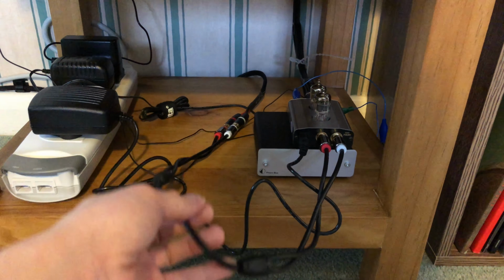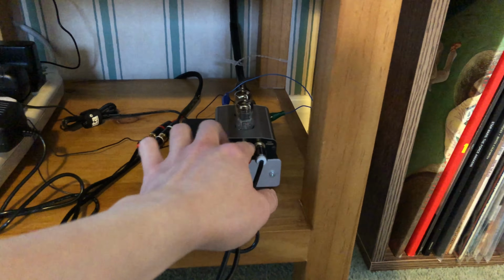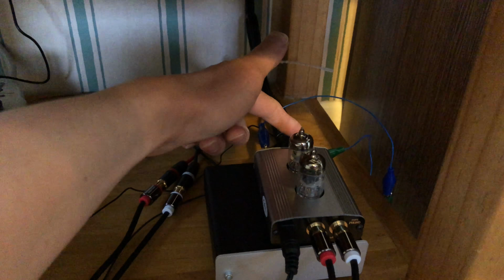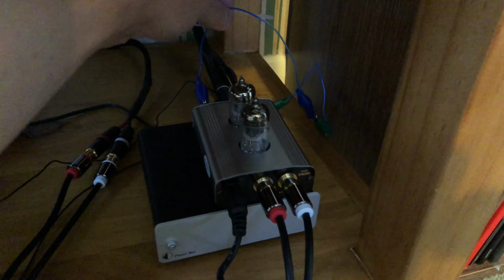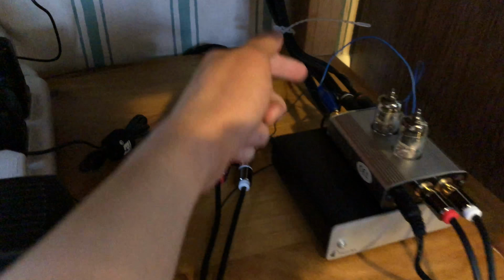So I've got this male to female RCA cable here, this short cable that I've just used to route the output from this amp into the input that goes to the Zepplin. Now obviously at the back I've got the input from the tone arm of the turntable, and I've got this grounding loop here, this grounding jumper lead